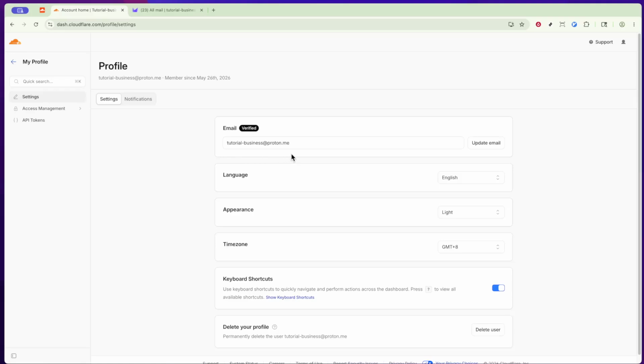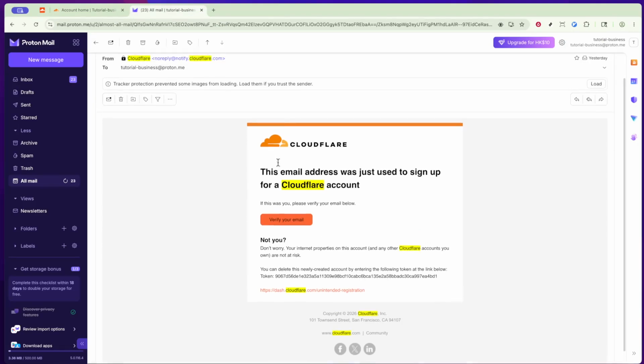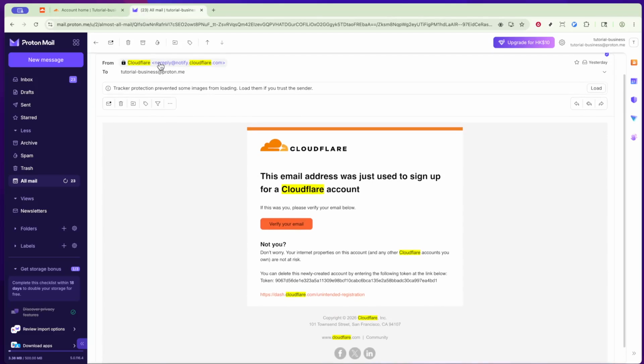Next, you need to open the email account that's linked to your Cloudflare profile. Check your inbox for an email from norpley@notify-classclatlauer.com. This is the official email address that Cloudflare uses for account-related notifications. If you don't see the email right away, be sure to check your spam or junk folder just in case it ended up there. Once you've located the email, open it and look for the verification link inside. This link is your key to verifying your email address. Click on the link and it will redirect you to a confirmation page indicating that your email has been successfully